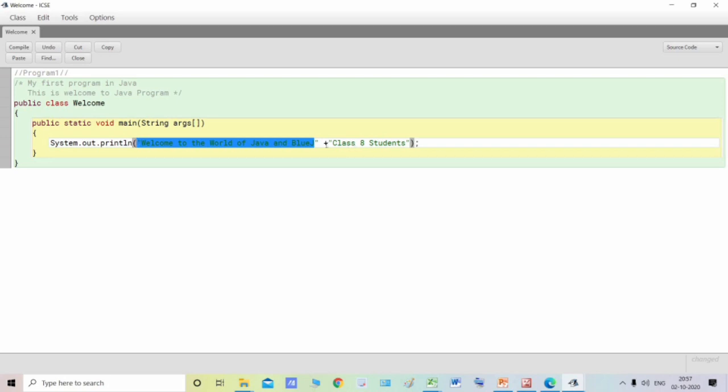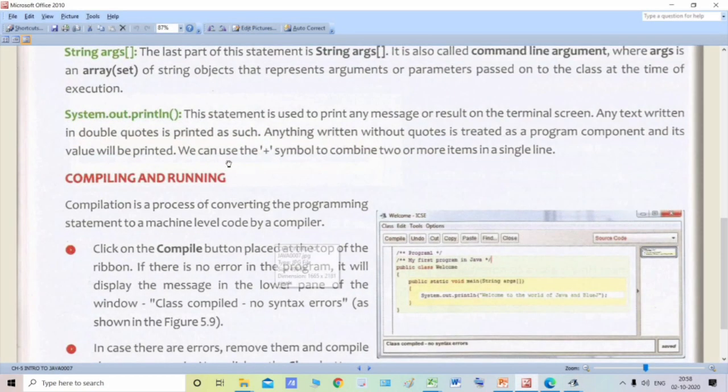This double quote is different and this double quote is different, but this plus will concatenate them. Concatenate means bring them in a single line. That is why they have written the plus. We can use the plus symbol to combine two or more items in a single line.